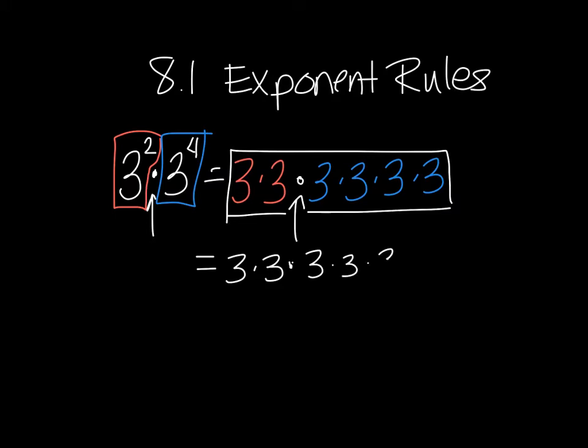And so if we don't color code it, it all just looks like I have a whole bunch of 3's being multiplied together. So then I can rewrite it as 3 to the, I have 1, 2, 3, 4, 5, 6 of them, so 3 to the 6th power. Right? And then if I try another one,